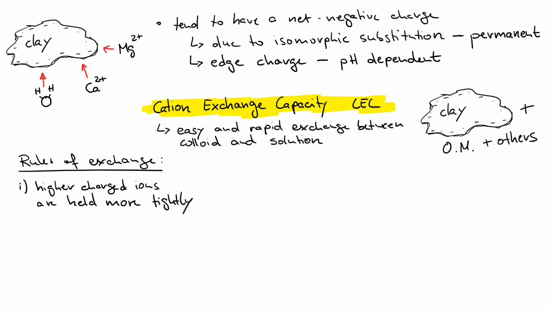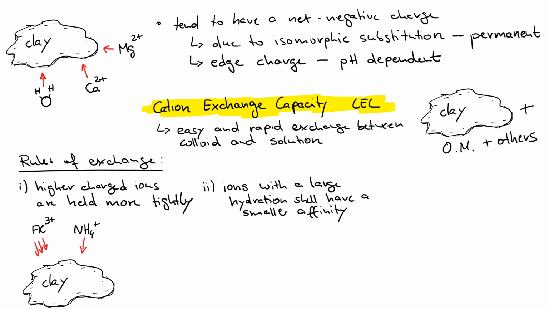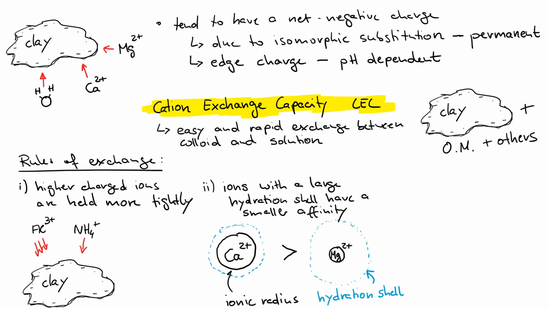So the first one is that higher charged ions are held more tightly. No surprise, it's an electrostatic attraction. Something like an aluminum 3+ will have a higher attraction to the negative charged surface than something that has a monovalent charge. The second rule is that ions that have a large hydration shell tend to have a smaller affinity